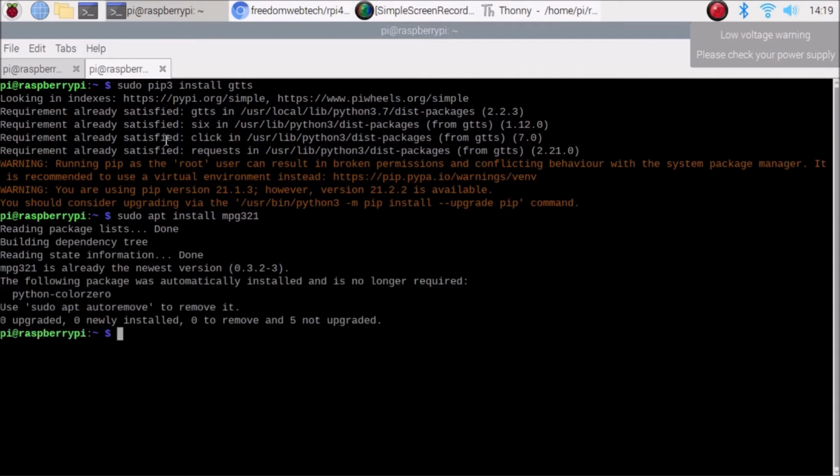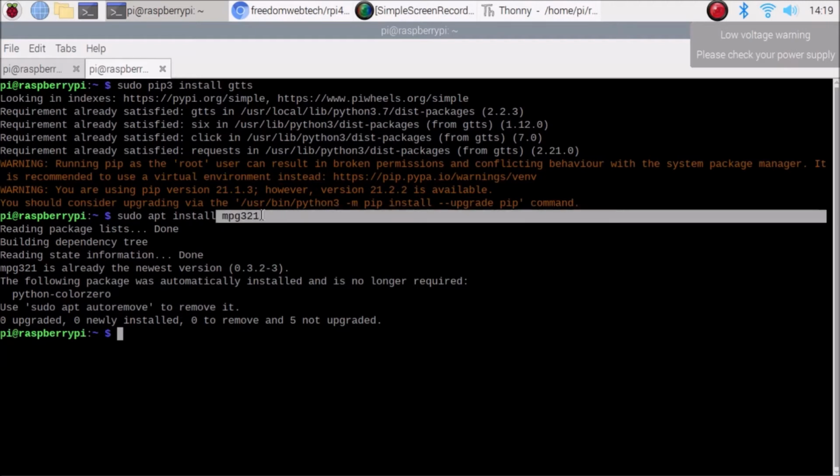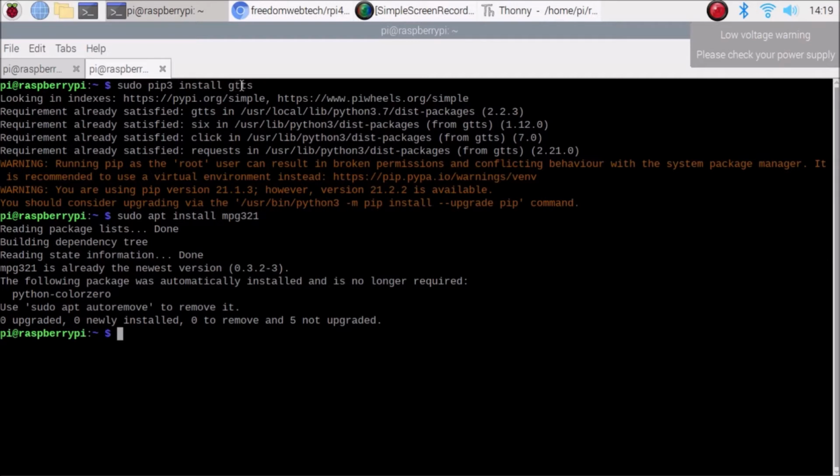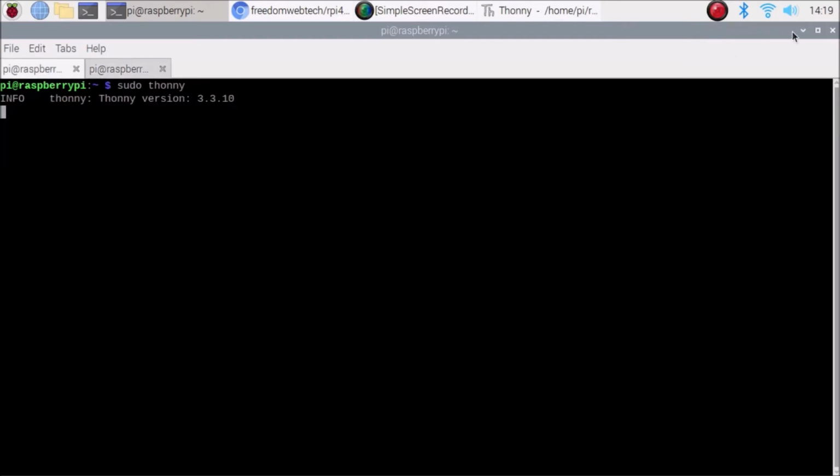After that we can use the GTTS module. Otherwise it will not play the audio.mp3 file created by the GTTS module. So remember, you need to install both the mpg321 player and the GTTS module. That's it, we have installed our modules.